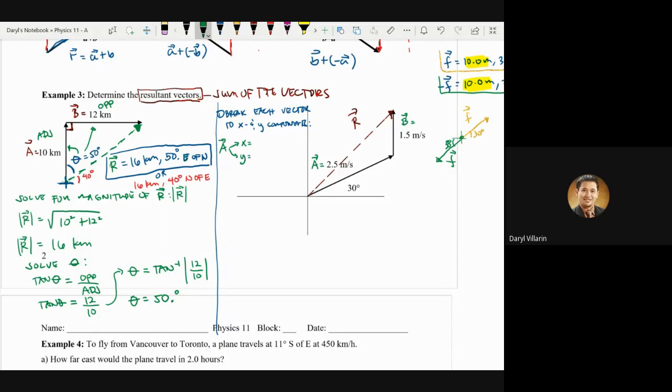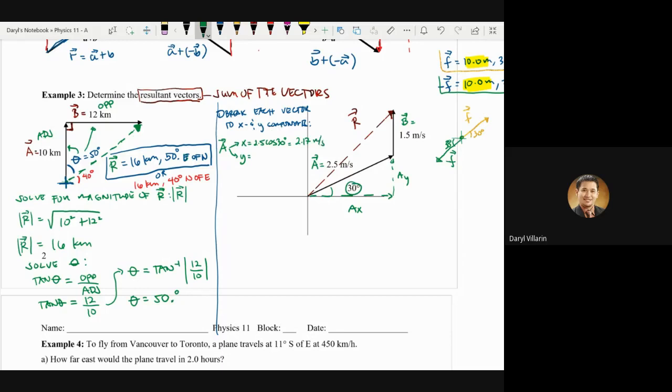So if you can see here, my vector A has this as my x component, and this as my y component. So 30 degrees is here, that is 30 degrees. So if I'm going to solve for the x component, that would be 2.5 cosine of 30 degrees. And that should give me an answer of around 2.17